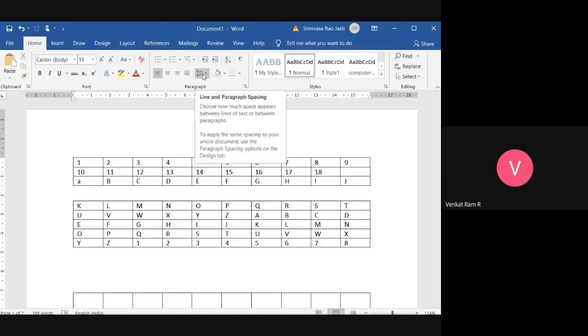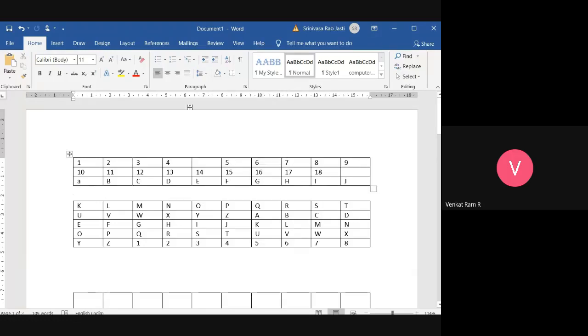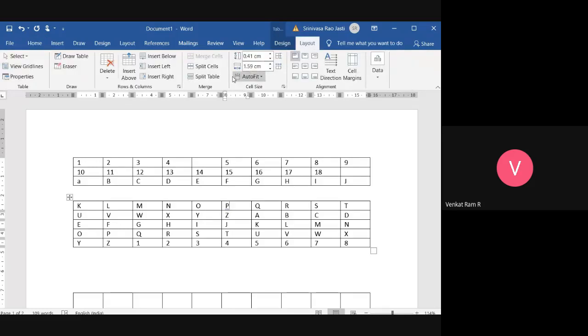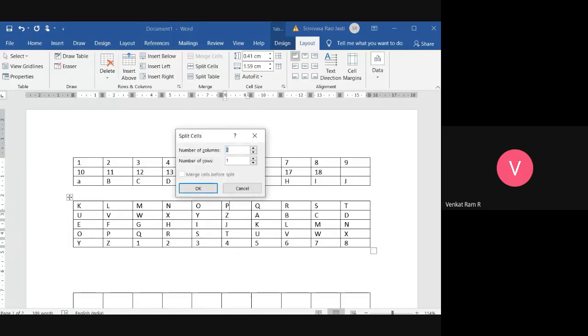Have you observed? It split it into two. Yes or no? Now, again, go to this layout. If I want to split the cells, just place the cursor and click on split cells. Number of columns, number of rows, one.